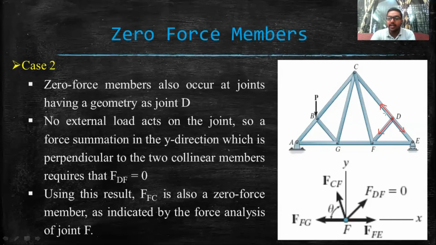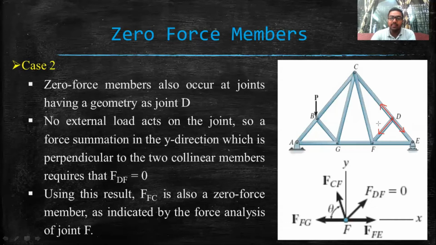As this internal angle is 90 degrees, if we apply the equations of equilibrium and sum up all the forces parallel to DF, we will end up with only one force, that is DF. There are no other forces in this particular direction. So ultimately, in order to maintain equilibrium, as there are no other forces to equilibrate this member force DF, this member force DF must be equal to 0,